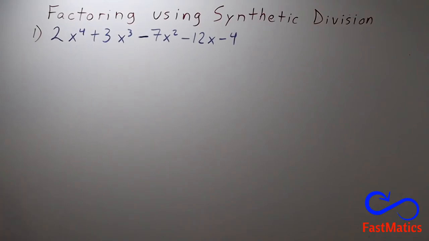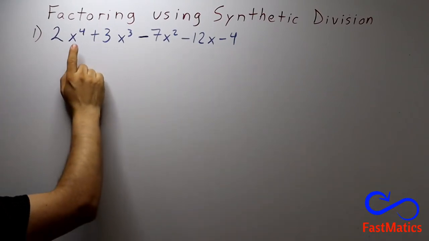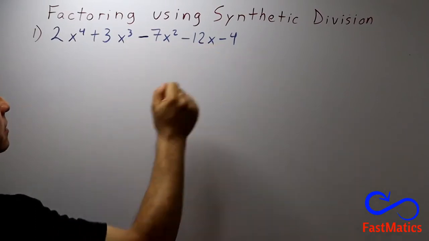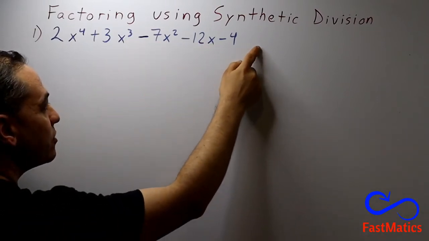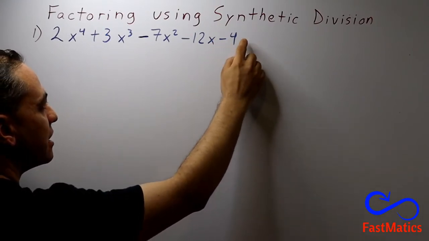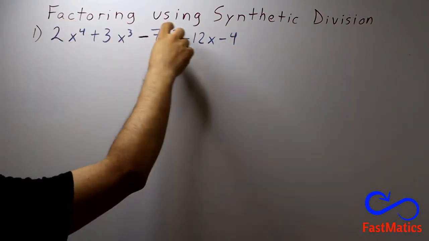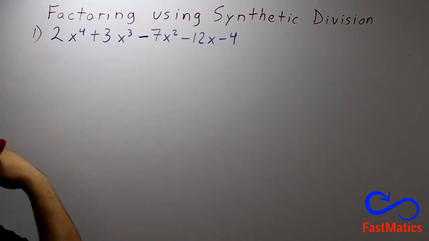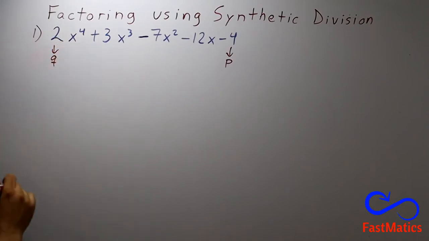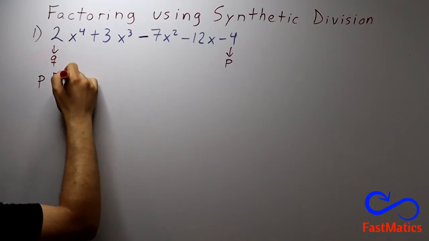How to do that? Well, first of all, you need to see that you have a polynomial, that the exponents are decreasing, 4, 3, 2, 1. And very, very important that at last you don't have any letter. Because if you have x, you need to do a monomial common factor before starting. Then we are going to call this number p, this number q, and we are going to search p factors